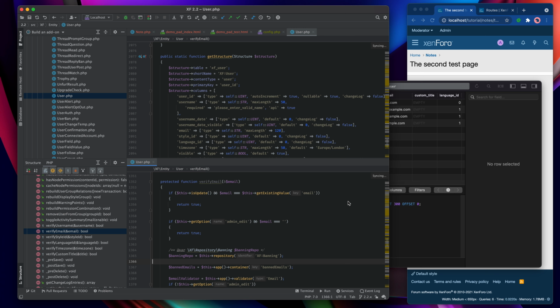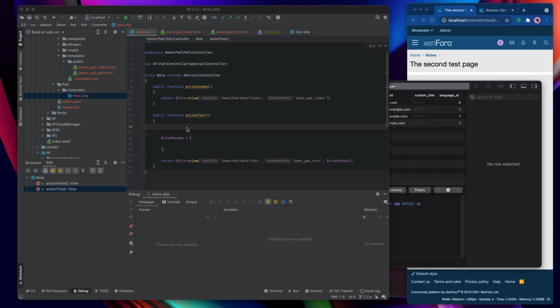This programmatic approach means that it's much easier for add-ons and other code to integrate with the Finder system because you can override functions and methods, and generally it's much easier to work with that than trying to do some sort of bizarre text manipulation on the raw SQL. So let's take a look at entities and finders in a real-world context.